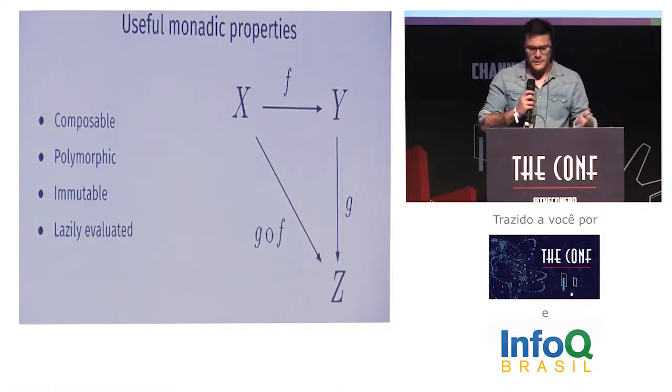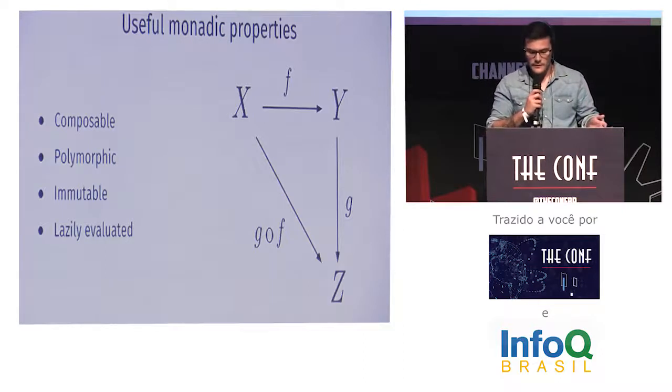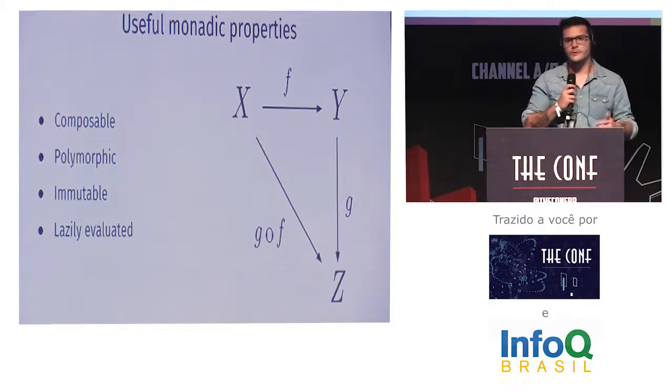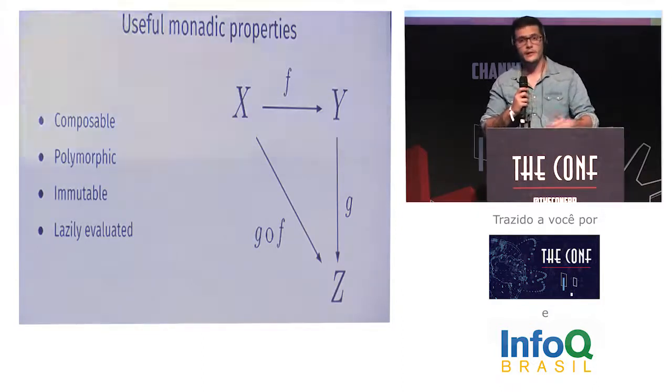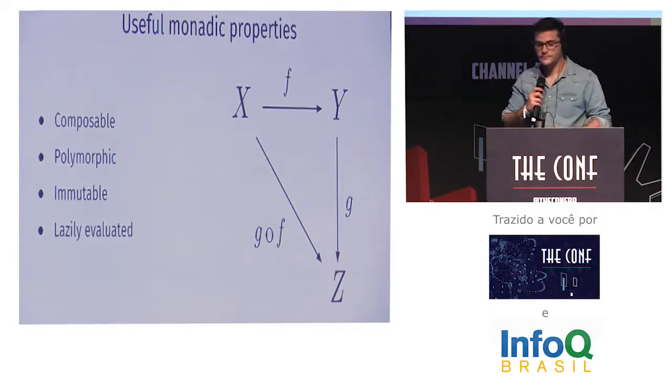They are also polymorphic. At any time, you can manipulate the data inside the monad, transforming type A into type B and vice versa. So if we know how to change the red pill to the blue pill, we can do so through the lifting function that we're going to explore here.